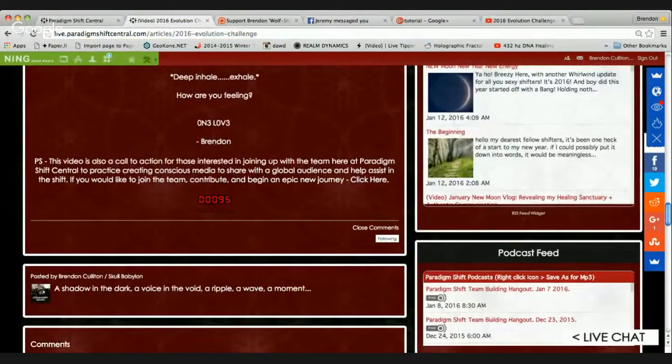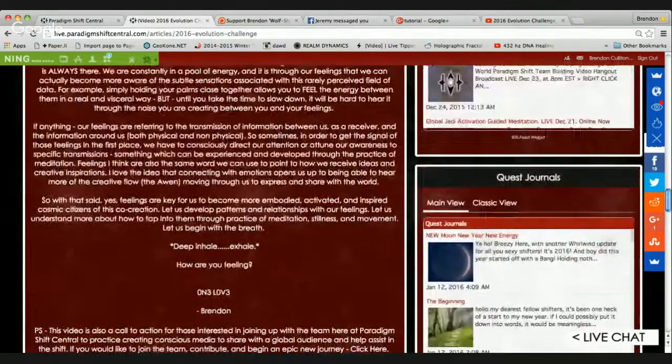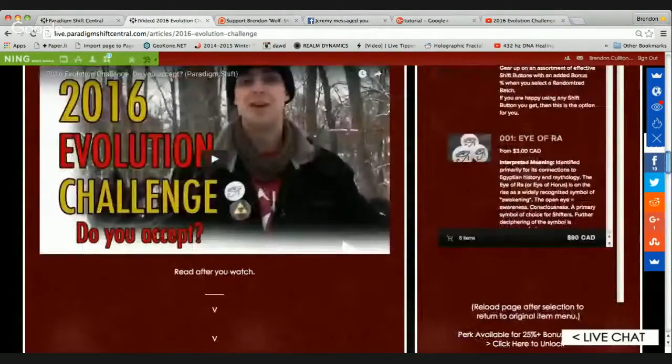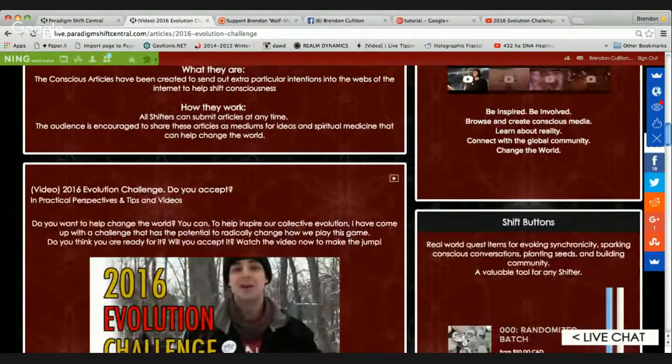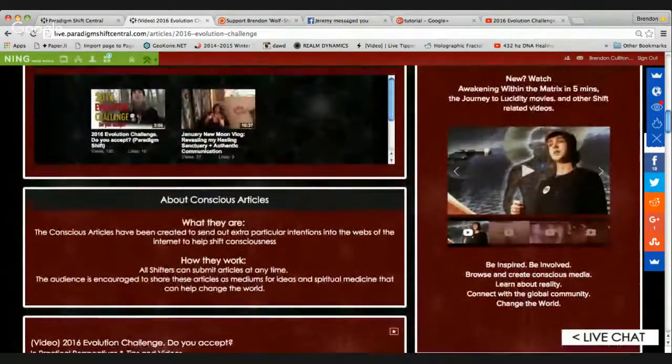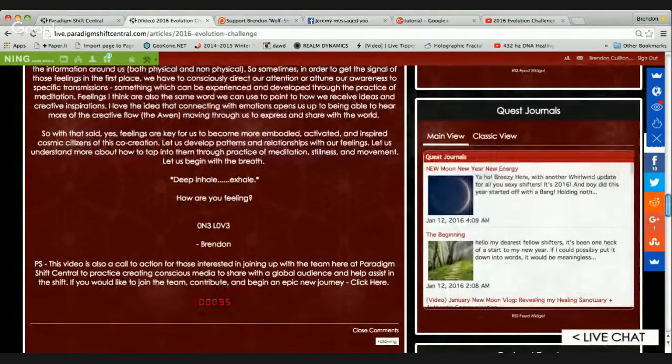That shows you how many people have actually viewed the page. So that's different from Facebook. Facebook doesn't really give accurate numbers anymore. This is accurate. This is like 95 unique visitors to the page. So that gives me feedback in terms of what my success rate is, and not even just success in the traditional sense, but what the outreach is. You can think about that as a numerical value within playing the game. If you can get that even higher, that's more people who you've potentially reached and more seeds you've helped plant and things like that. So if you want to add a quest hit counter, it's not added by default, but